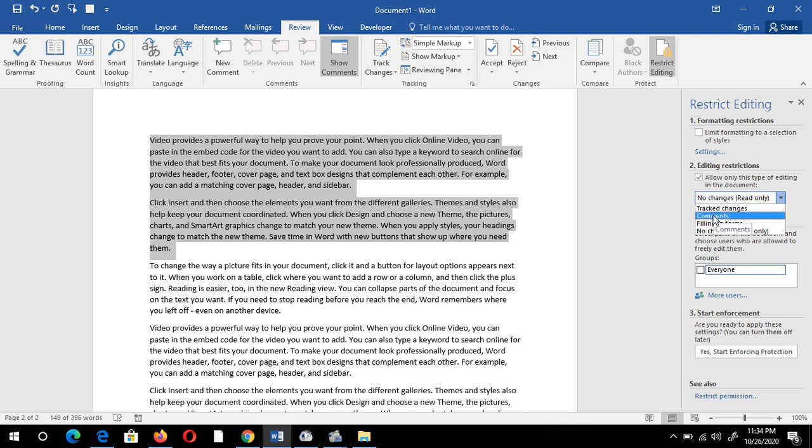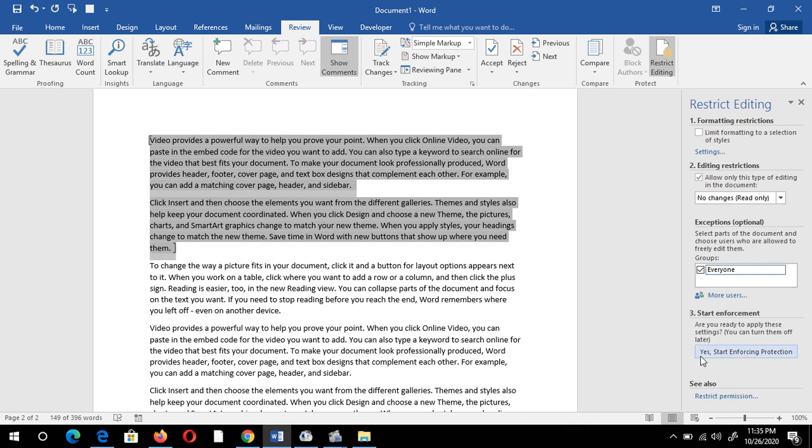For example, if you want comments, then after restriction you can add comments to the restricted part also, but I want just read only. And next is exceptions. I'm going to select Everyone here. That is, I want the restriction to apply to everyone, so I have to select this option.